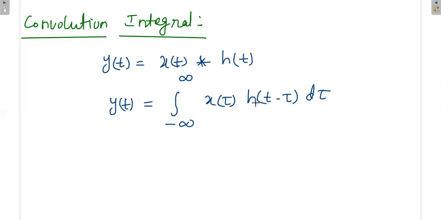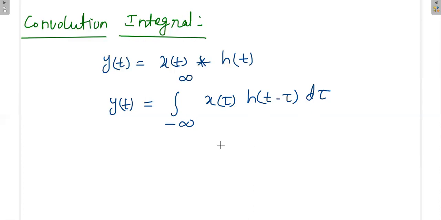But for a moment, when we operate on the integral, we'll consider tau as the variable. Then later we'll get the answer in terms of t, and at that time t is the variable. Finally, t is a variable. So in the intermediate step, we will be using tau as a variable, and we'll assume t as a constant. Mainly tau is the variable with respect to this integration. After that integration is over, t will act as a variable.